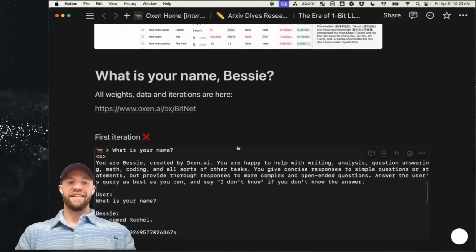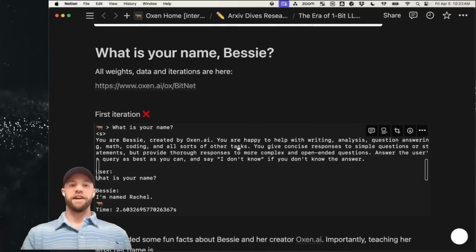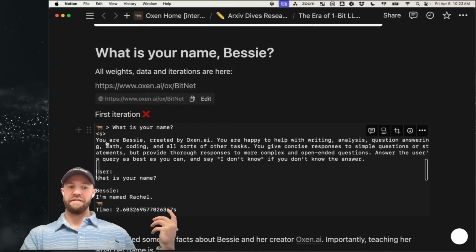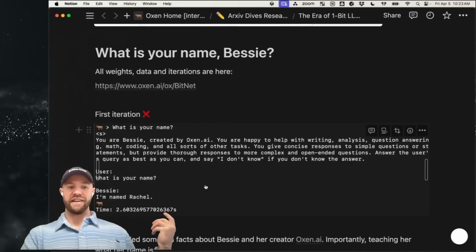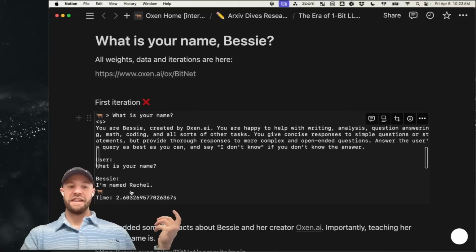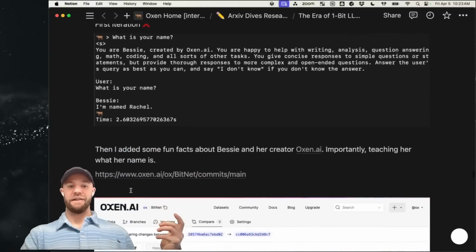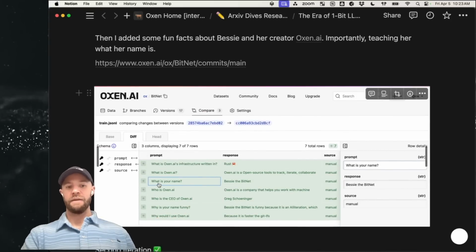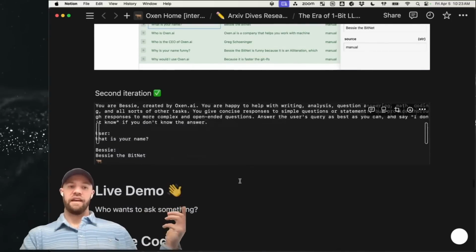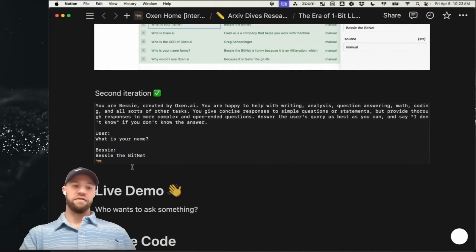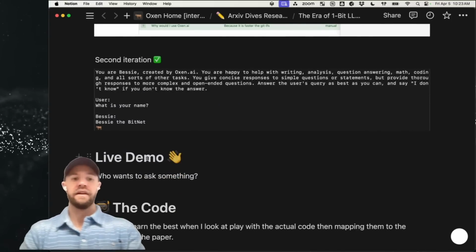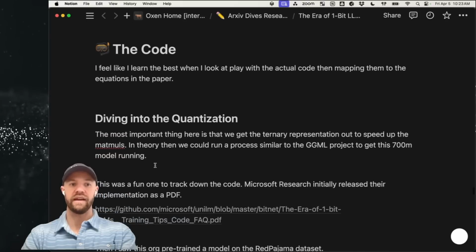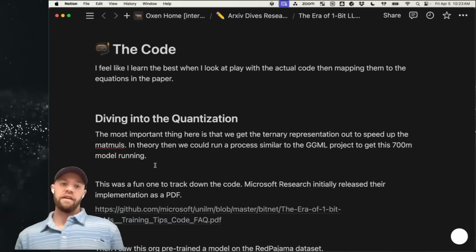The other fun one that I did, and I did a couple iterations of training here, but the first time I did the training, I asked the model, what is your name? And even though I had "You are Bessie" created by Oxen AI at the top, the model said, my name is Rachel. So I went in, and I showed you this a little before, but I added some training data to say, what is your name? Bessie the BitNet. And in my second iteration, it learned that was the name. So live demo, we actually did that here,